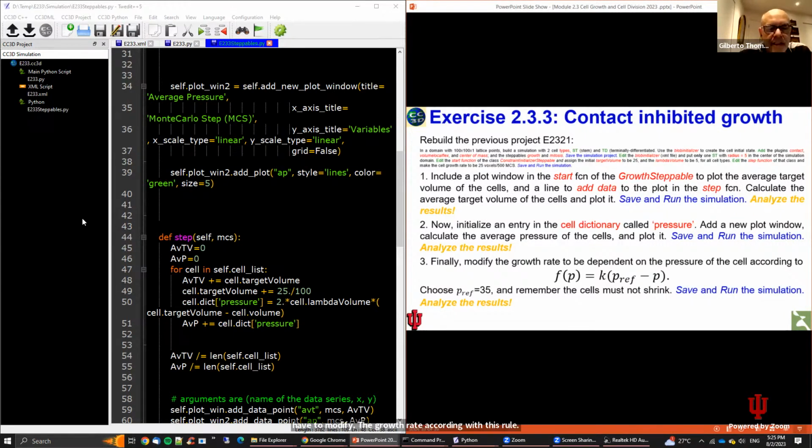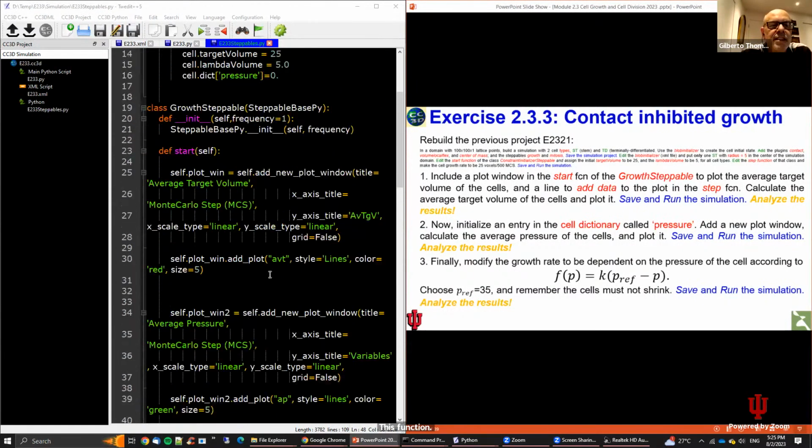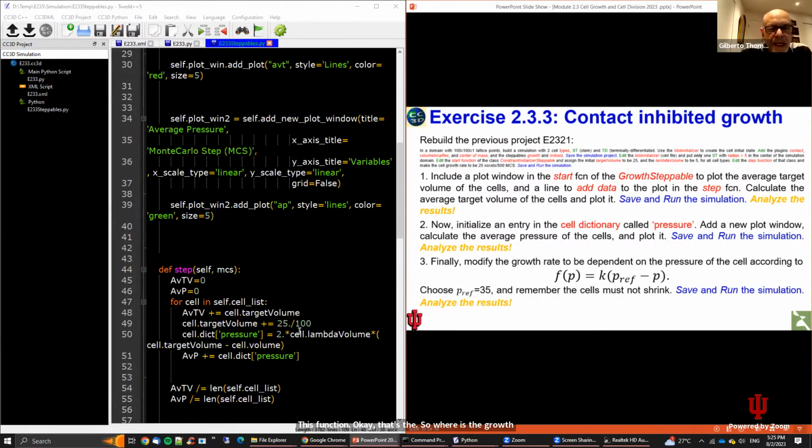Okay, let's do the thought. So where is the growth rule? The growth rule is in the growth steppable. It's here. Instead of 25 over 100, let's multiply this. For example, now we have to define some